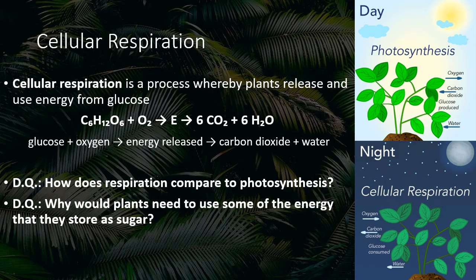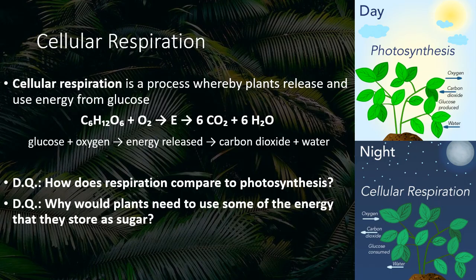Cellular respiration is often thought of as a process that just animals do. This is basically eating food and releasing energy from food. This is how plants release and use energy from glucose. So we are reacting one molecule of glucose or sugar with, and I've got a mistake here, it should say 6 molecules of oxygen. We're going to release chemical energy, and then we're going to have 6 carbon dioxide molecules and 6 water molecules released